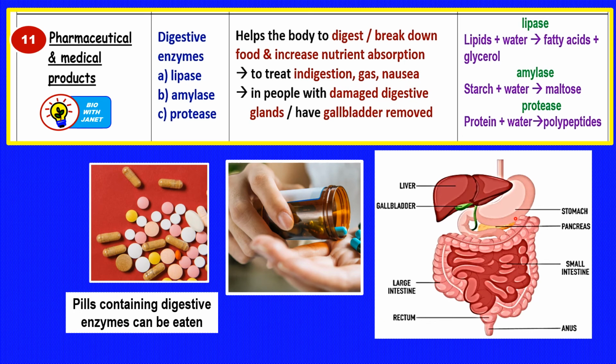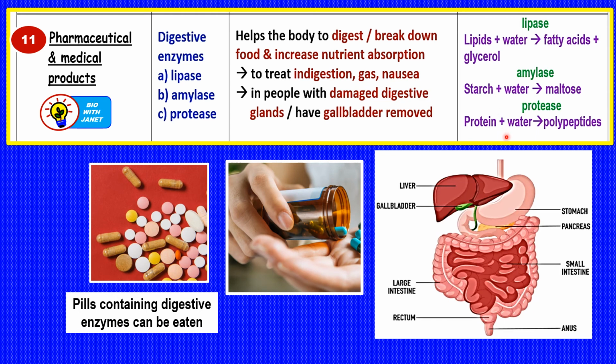in their digestive system. And also in people with damaged digestive glands, for example, if the pancreas is damaged or taken out, the pancreas actually secretes 3 enzymes: lipase, amylase, and trypsin. So these enzymes can be eaten to replace that which is not produced anymore by the pancreas, so that they can continue to digest the various